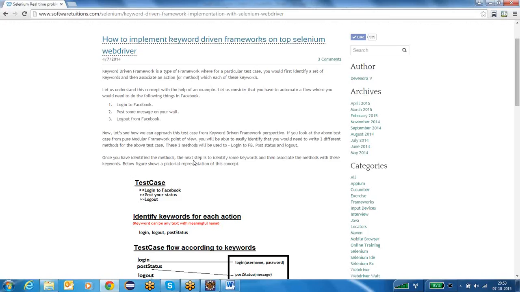If I make them as methods, the person who knows Java can use them. He will create an object for that class, call the methods, and use them. But if I have a manual tester, how can I use it? If you want to give support for manual testers also, along with creating methods, what you're supposed to do, once you have identified the methods,